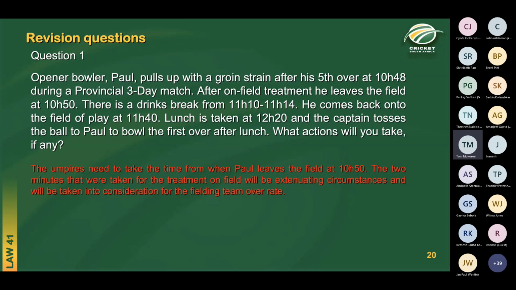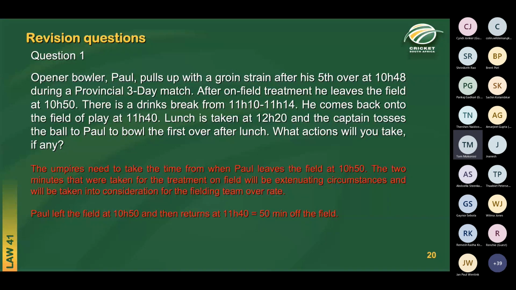So the umpires need to take the time from when Paul leaves the field, which is 10:50. The 2 minutes that were taken for the treatment on the field will be extenuating circumstances and will be taken into consideration to calculate the fielding team's over rate. So you're quite right. They are not playing time, so they are not used in the calculation of the penalty time. So there's two ways that you can calculate the penalty time owing. You used the method that I like, which is breaking it down